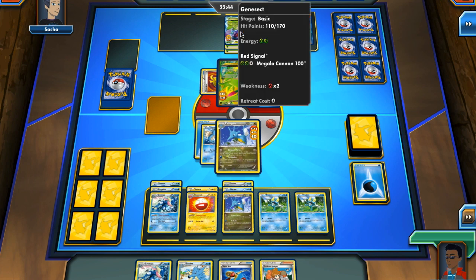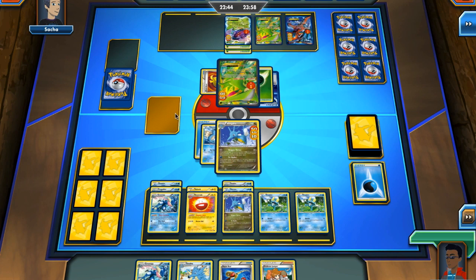So now my opponent, he may want to retreat into Genesect here and take the knockout. Or I think a better play would just be to keep his Virizion active, Emerald Slash again, and attach more grass energy and get more in play. So he has backup in case I'm able to knock out his active Virizion. So my opponent here is going to play a Sky Arrow Bridge, which will reduce the